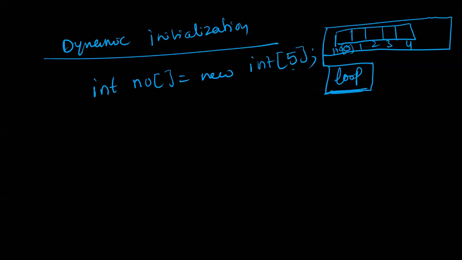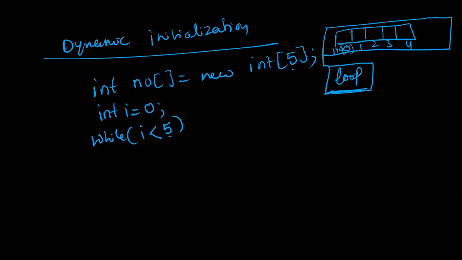First I will show how to take input with a while loop. I'm initializing int i equal to 0, because the index always starts from 0. Now I'm writing the while loop, i less than 5. Here 5 is there, so that's why I'm writing 5.